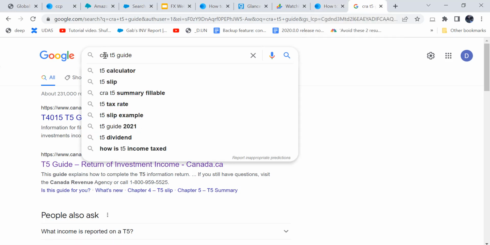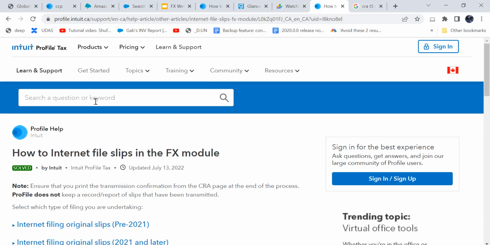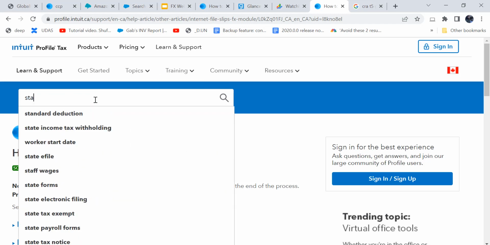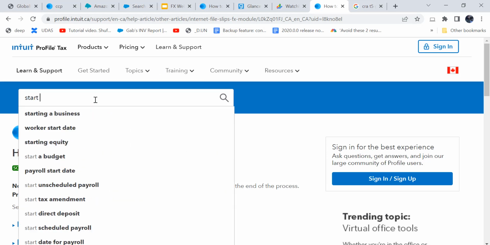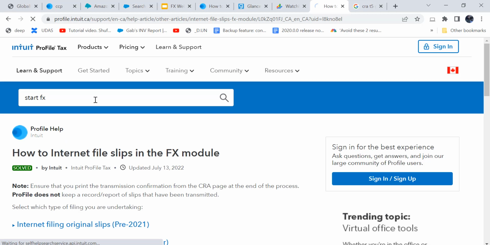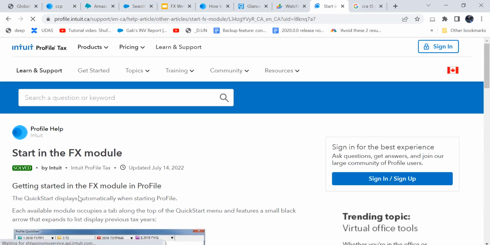I just put CRA first, and then when I'm looking for, and over here I can just type like start FX, and then I get that article. So there's great references in the ProFile community